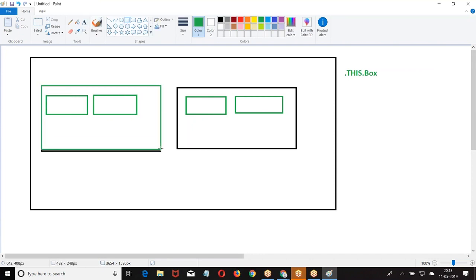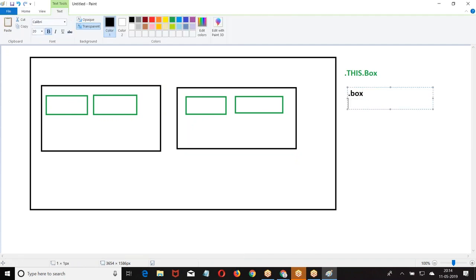If you want to apply the CSS for inner elements, the style is different. Now what is the dot? Dot means class. CSS class. How is the CSS class given? Dot box, which means class box, CSS class box. Dot this dot box without any space refers to the outside element.